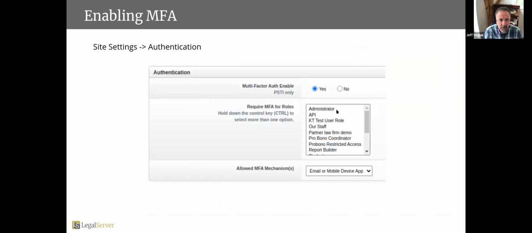So again, on how you set things up, you'll need multi-factor auth enabled, which is still PSTI only, but not for long. Let us know if you don't see that when you go to site settings authentication, or we're not responding to turning it on for you. You need to decide which roles it's going to be required on, and then which mechanisms you're going to allow.